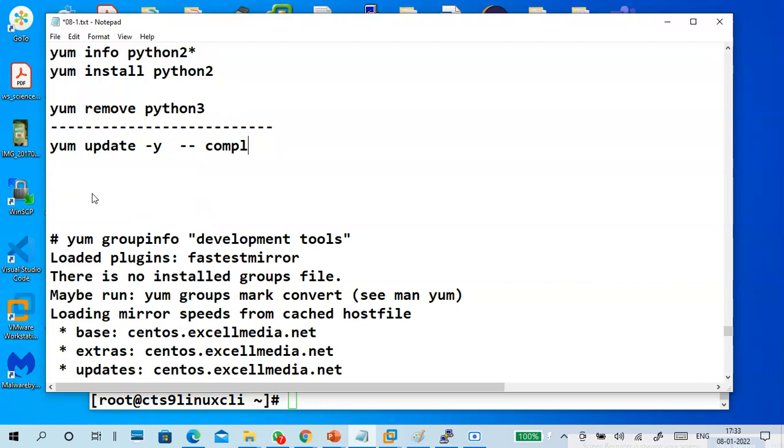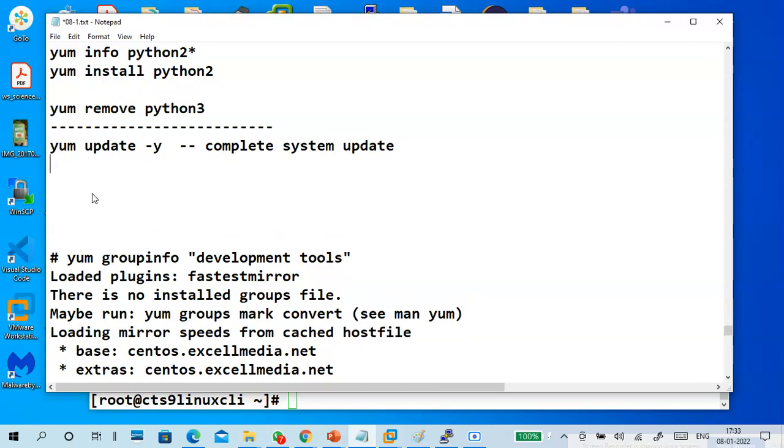After the update, you must reboot, right?